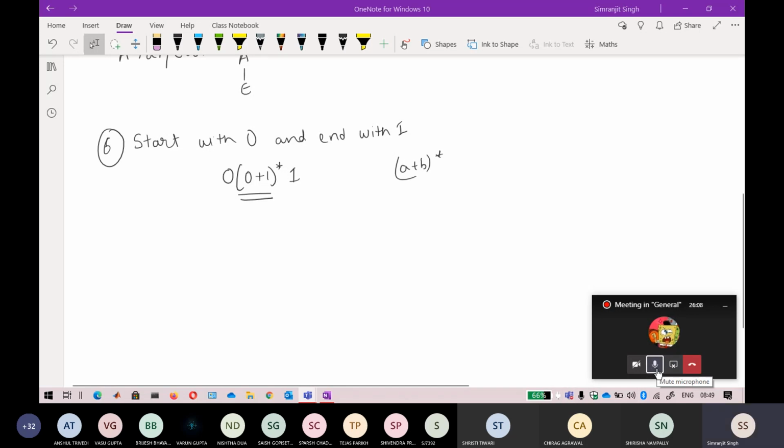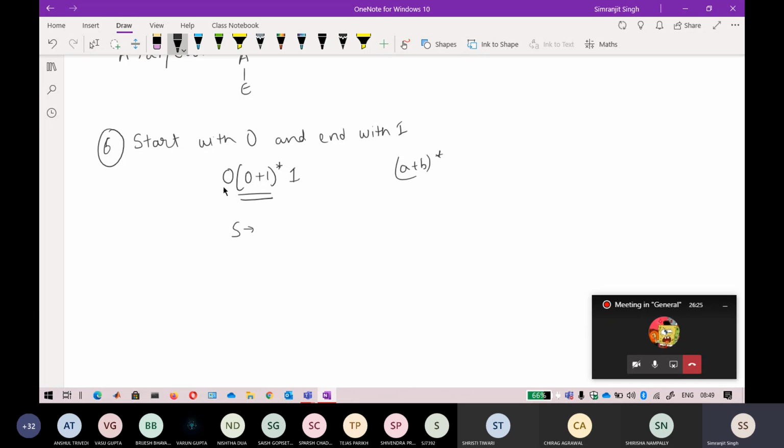Okay, absolutely correct. Correct grammar by Sparsh. Absolutely correct. Okay, so well done. So what you do, you just start with the start symbol. It can be anything. It can be A, B, C, but I always prefer a start symbol with S. So there is no compulsion that you use S. It can be anything.